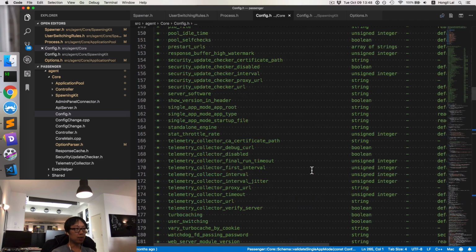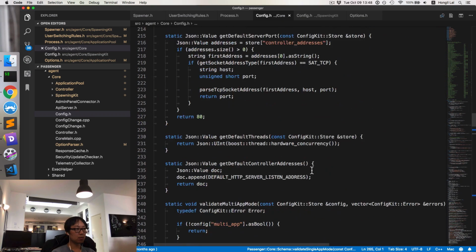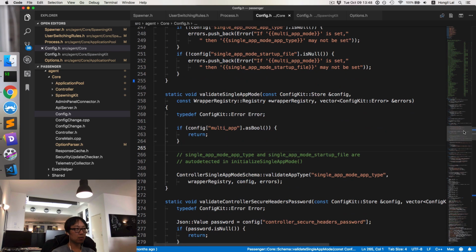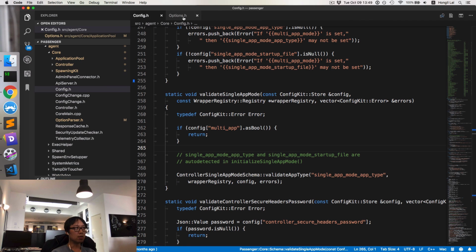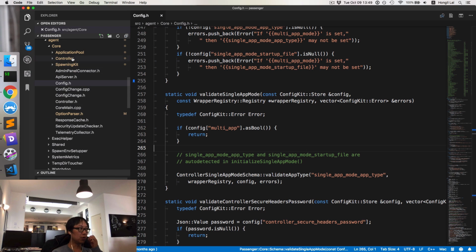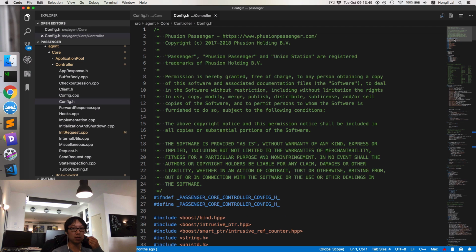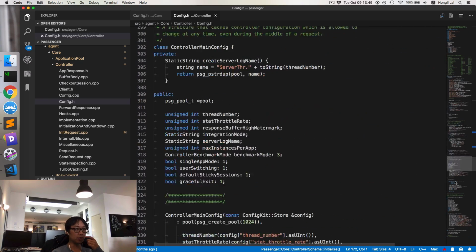Let's see what I need to edit here. You know what? Let's start with a different component instead. Maybe this one is too high. So the core controller also has configuration, and it can also be set to single app mode. And I believe that's where it comes from. I mean, that's where most of the configuration for single app mode comes from,